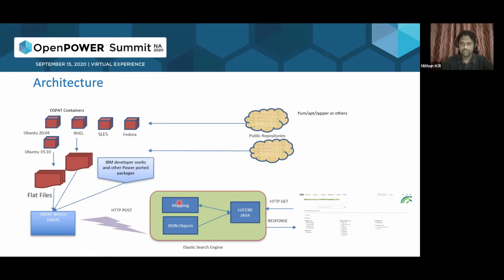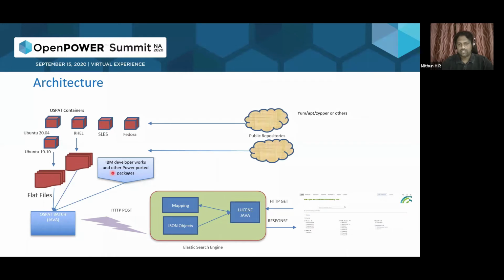Right. So once the data is there with the Elasticsearch engine, we have been making use of HTTP requests. So we will see more into how actually these requests are done and how the response will be, right? So this is the architecture. We have different containers. A container plays a core technology, and then we have made use of some Java.